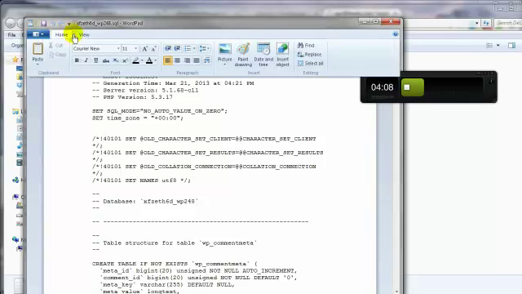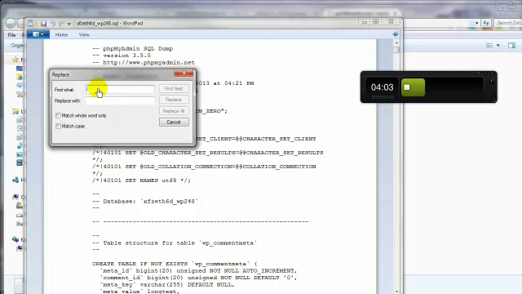Come on up here to Home. Go to Replace and find what we want to find, the WP_, and we want to replace it with our new one, which is, let's give it a name, GOTU_,